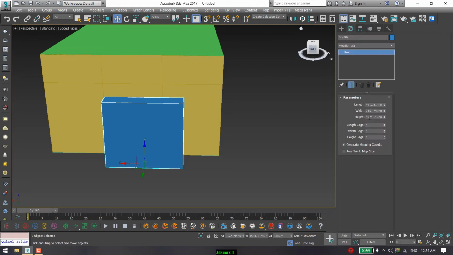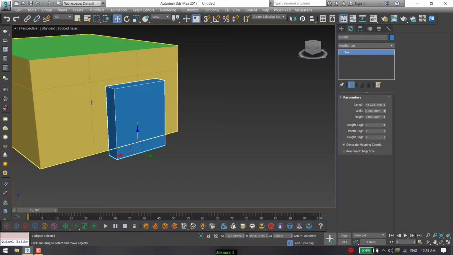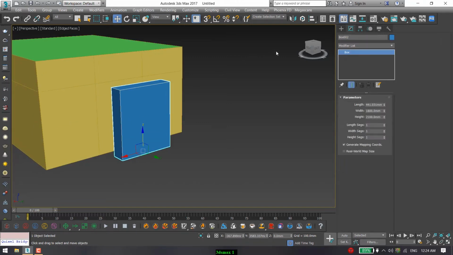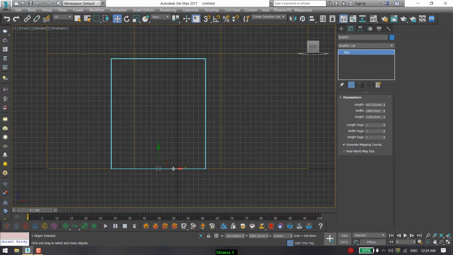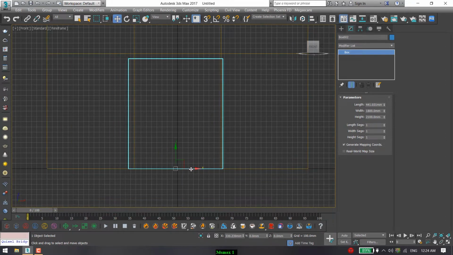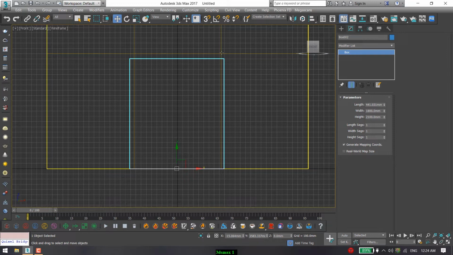Size: height 2100 and width 1800, means 6 feet. Just select this, press F, select this box room,